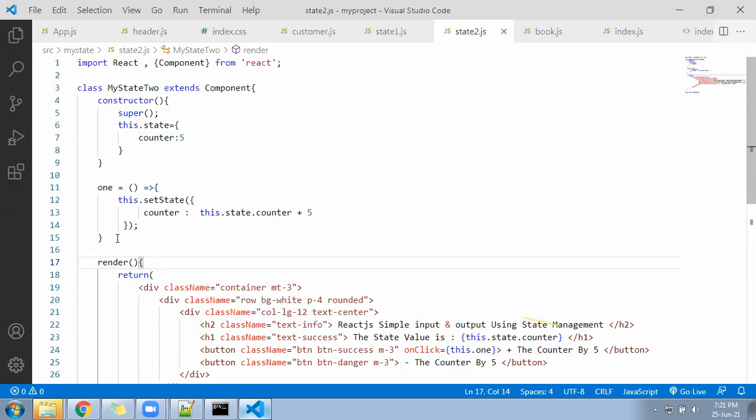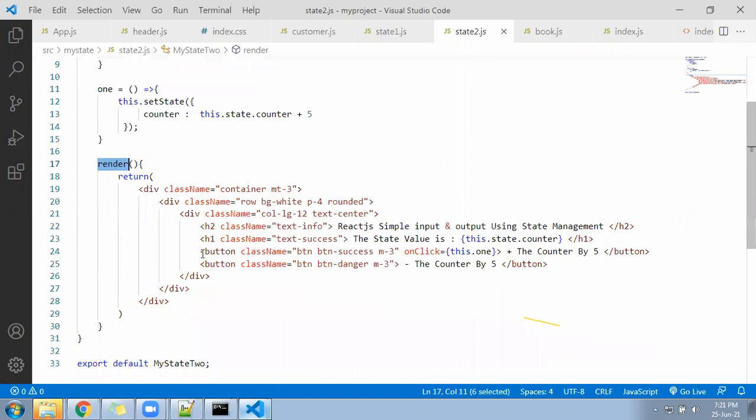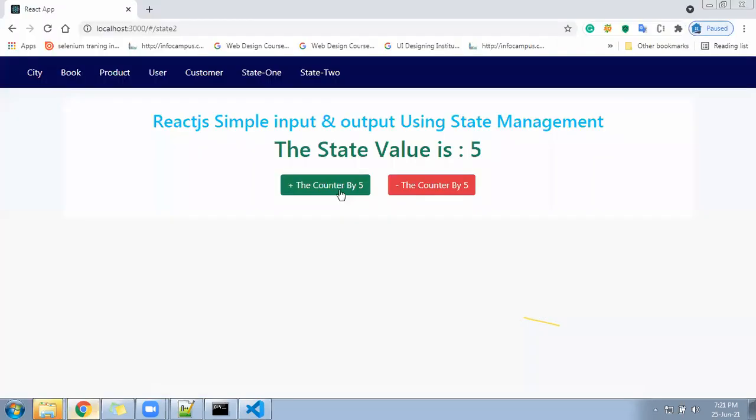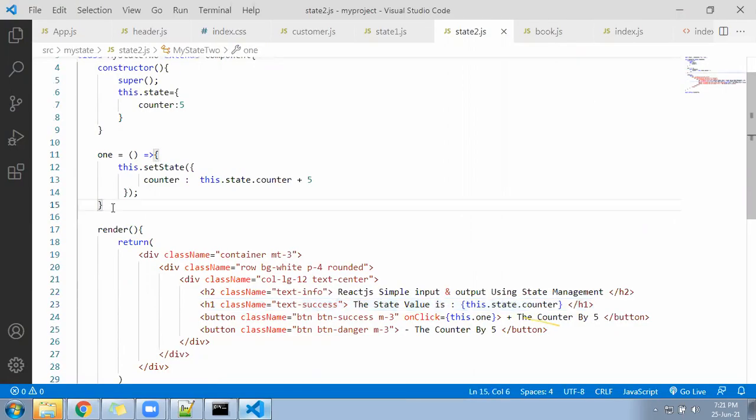So you modify it and check once. On button click, your value must get updated inside the state. You are changing the state with the help of the setState function, your value got updated, and at the same time the render function will execute and modify your content in the browser DOM, and you can see the updated value. I'll go here, click here, it is happening. So hope it is happening for everyone. You can say yes or no, then I'll move next.